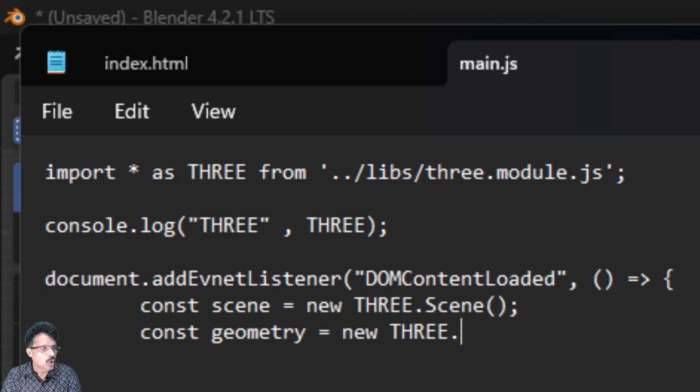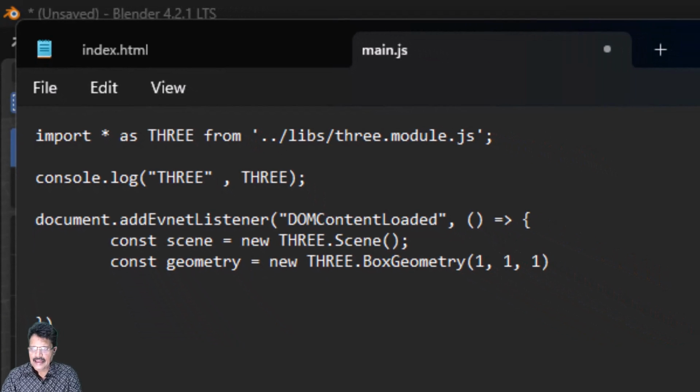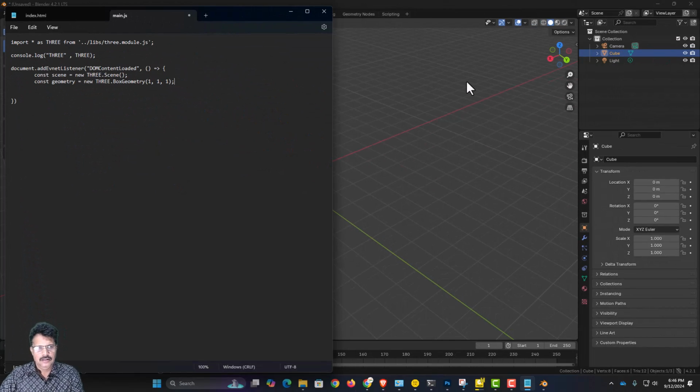So for a cube in Three.js, there is a ready-made geometry available which is BoxGeometry, and in the open close parentheses, I have to give it a dimension. I will give it 1 comma 1 comma 1, and then I am going to end it with a semicolon. So I have created a scene, I have created a geometry, and for this geometry to be visible